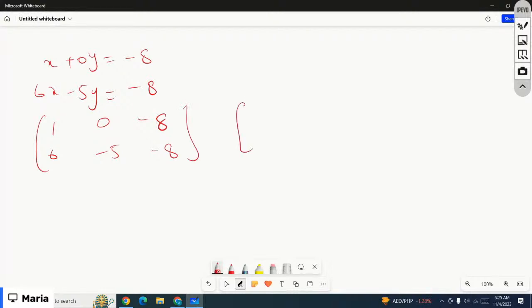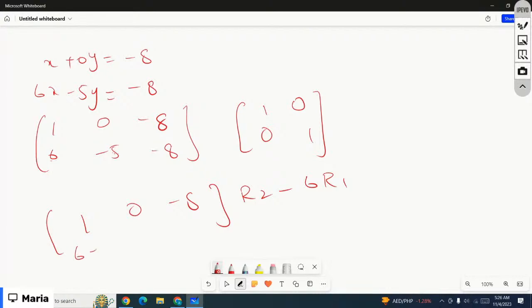So you need to make these first two row column equal 1, 0, and 0, 1. Now just perform the first row is same 1, 0. Here you need to make 0 and here you need to make 1. First of all, you need to make 0 here. Just multiply R1 by 6 and subtract from R2, right? R2 minus 6R1. Okay, R1 is same 1, 0, negative 8. You have 6 minus 6 times 1 is 6. Negative 5